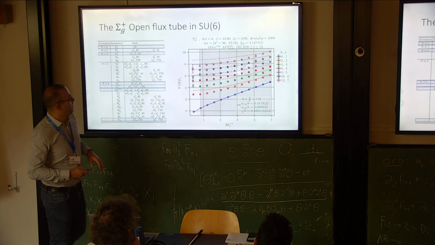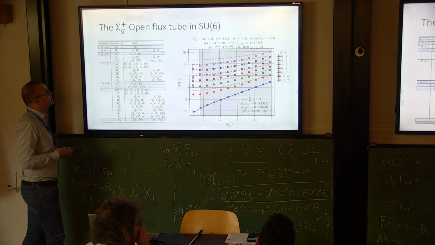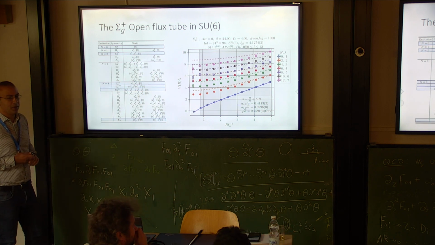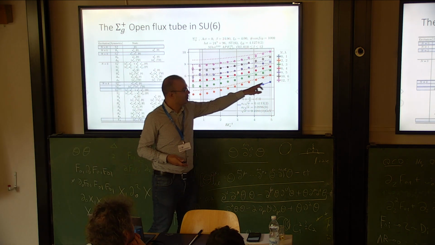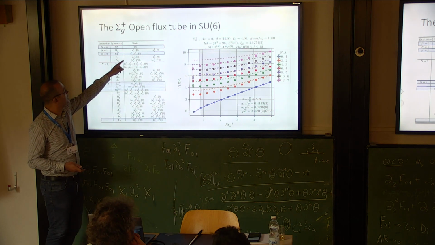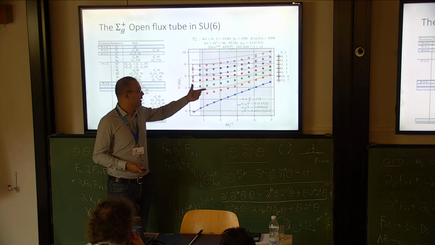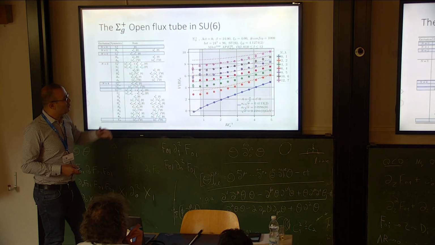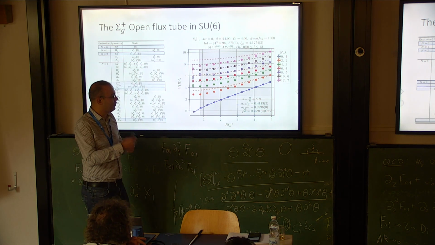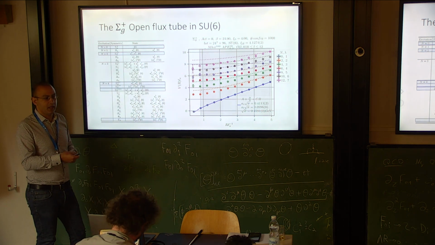Okay? And now, if I have a couple of minutes, I can show you results for the open flux tube in SU(6). It won't take too long. So for sigma G plus, this is the absolute ground state, okay? This is the first excited state. You can see that we have two phonons here. We have some deviations, but we also get a plethora of states. I think we have enough information for a good determination of the phase shifts in a TBA analysis.